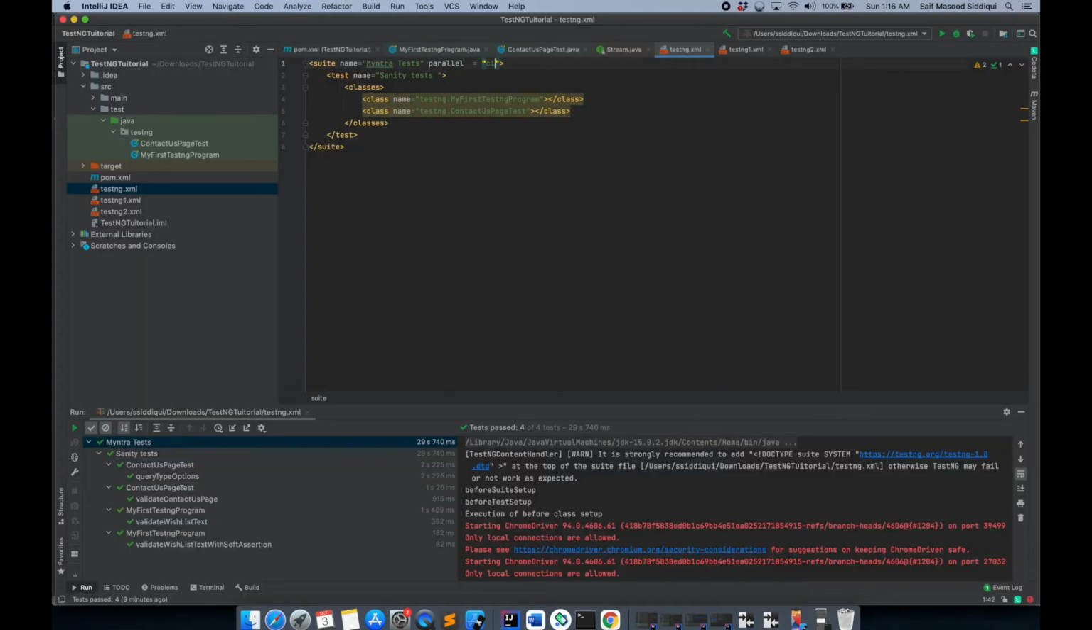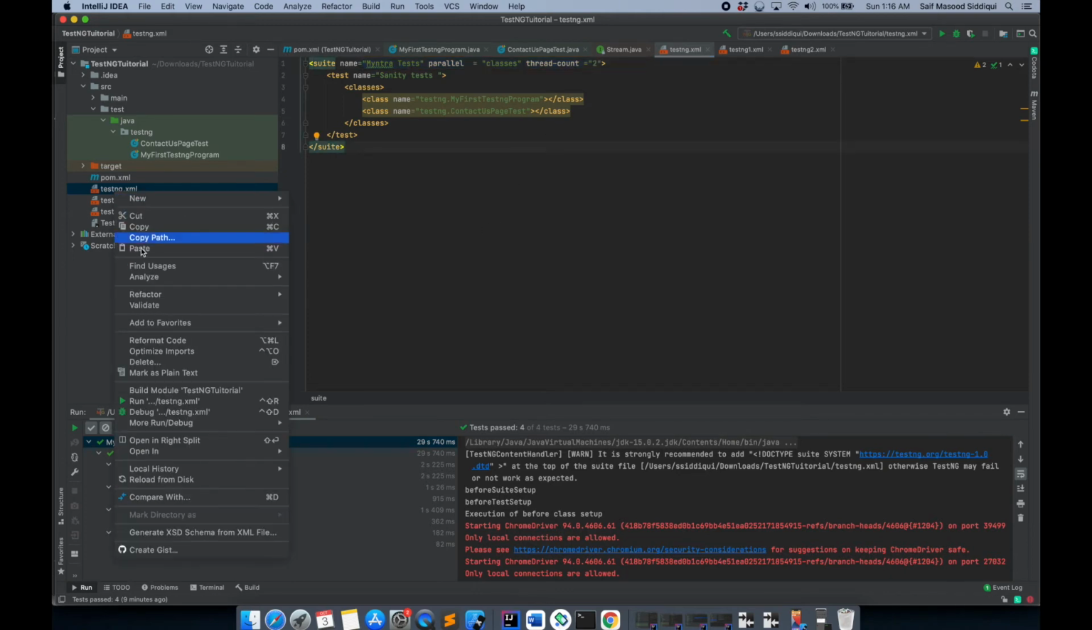So I will just write classes, and with that we are also going to give the thread count. Basically thread count is how many threads I want to run parallelly. Since we have two classes, we can just run two threads parallelly, and this will set our configuration to parallel test. Now if we go and execute our TestNG XML,